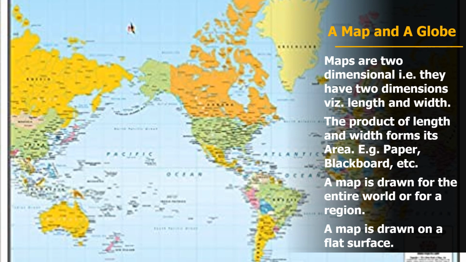A map is a pictorial representation of a region. A region means any place, like a map of India. It can be physical or political, like if it's showing only mountains or rivers, or if it is showing only some places or states. So these are the different types of representation.